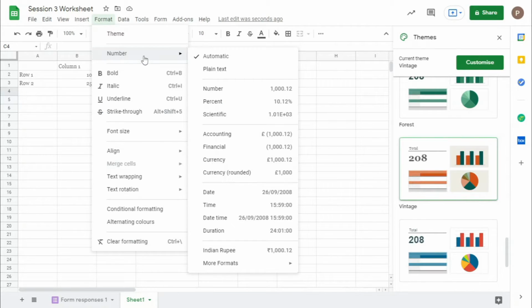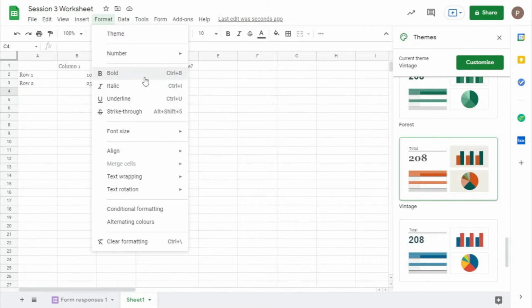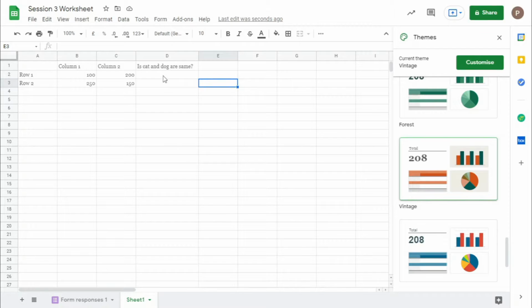Now we will check this formatting in a later session, and for the remaining, like bold, you can directly go here and check. Now we will discuss the shortcuts for this. If you press Ctrl B, then the cell will directly become bold. Ctrl I, it becomes italic. If you press Ctrl U, then it directly gets underlined. See, this is how you can do whatever you want.